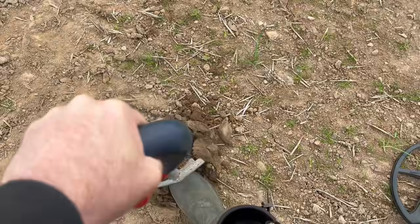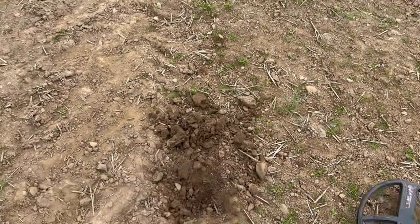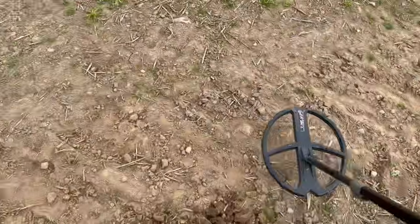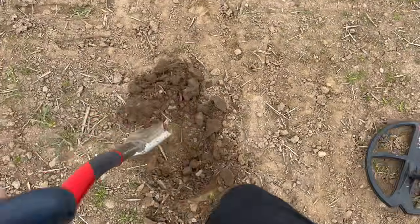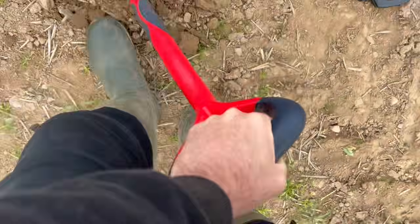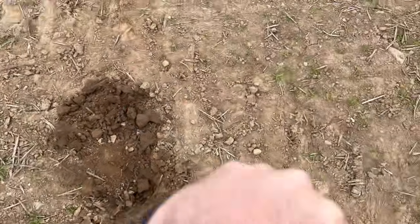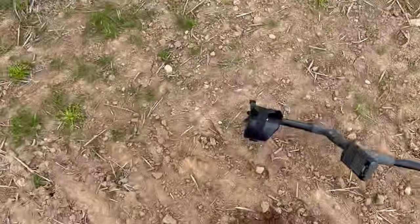Now, if I can get the top off, hopefully that will make it a bit easier to dig. Famous last words. Okay, that's better. Right, we're in there with a good spadeful. That isn't it there, is it? That's pretty round. It is. This could be an absolutely humongous...